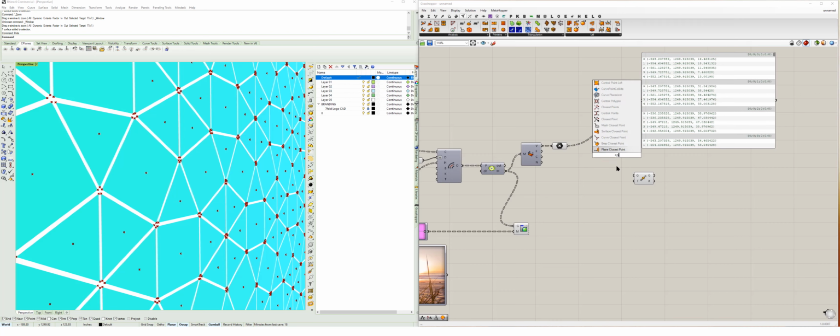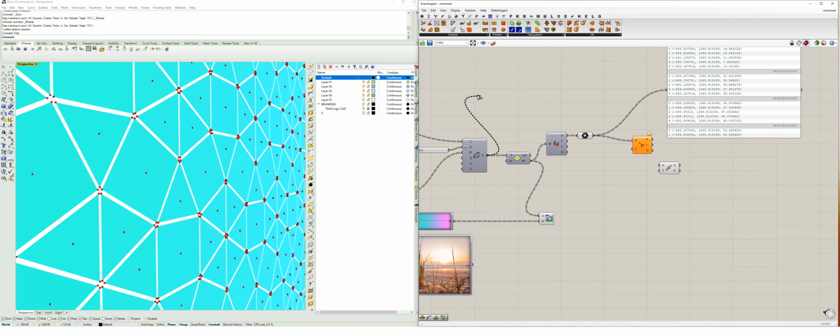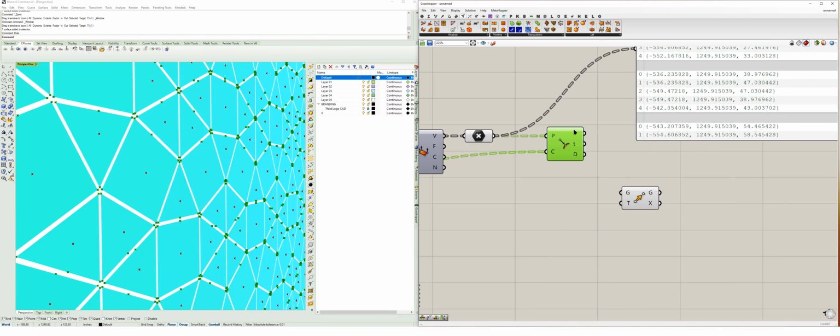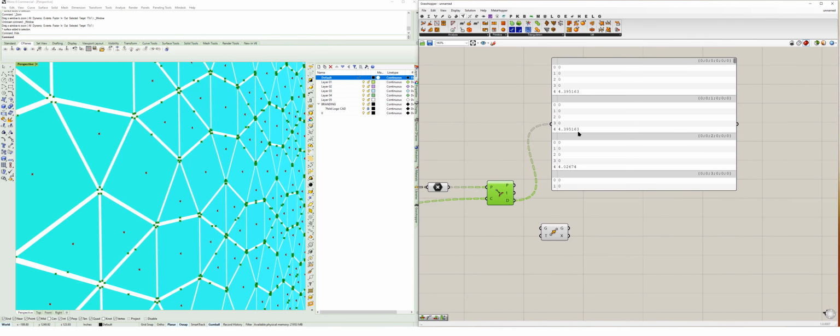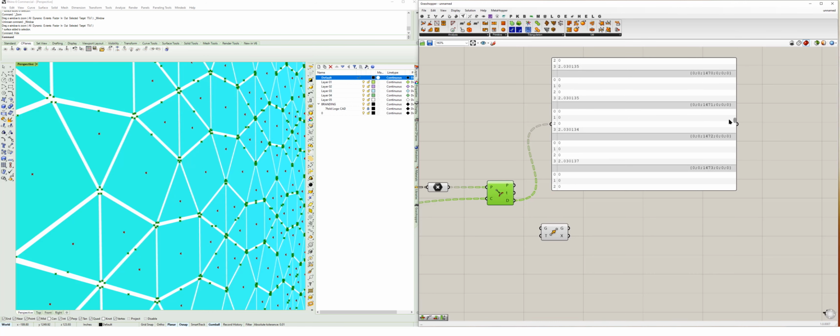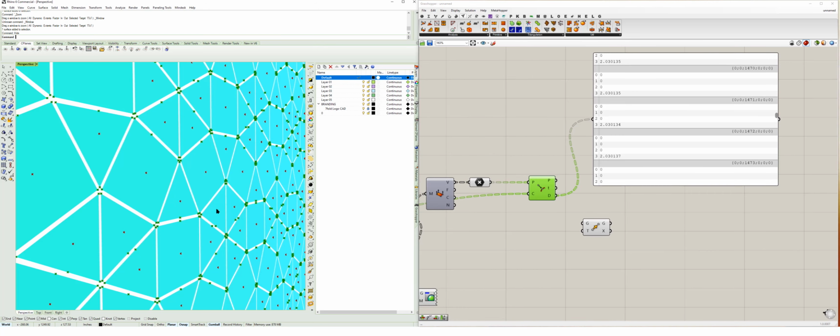So if I type in CP for closest point, do curve closest point, take all those points and plug it into P, and then take my original offset curves and put that into C. Now what the output is giving me is a couple things, but I want to use this distance as the test. And you can see it looks like at index number 4, and in some cases towards the bottom we have index number 3, that is the center point because it took the longest to travel